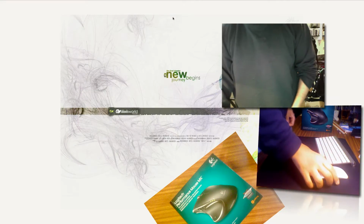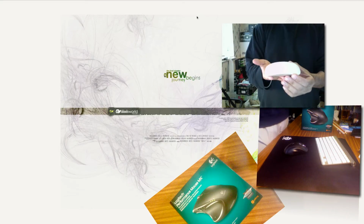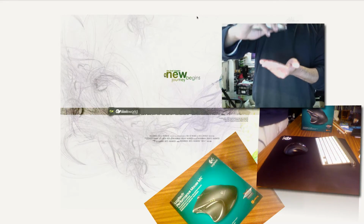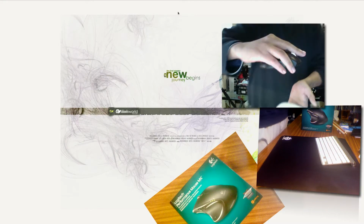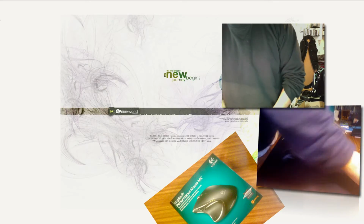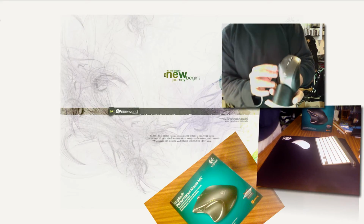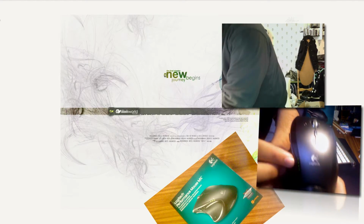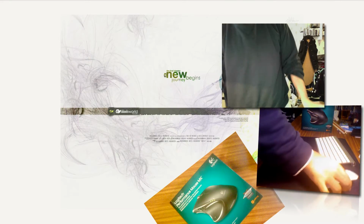The mouse that I had with the iMac, I mean, there's nothing wrong with the mouse. It's just for me personally, I think it's a crap mouse. It's just too small. See the difference there? You want to have the feel of when you're working and how it feels, so it's a big difference between both of the mouses. The original one also comes with a charger kit as well, so you can just charge it and it tells you how much battery life you have, which is good. So what I'm going to do is open this up